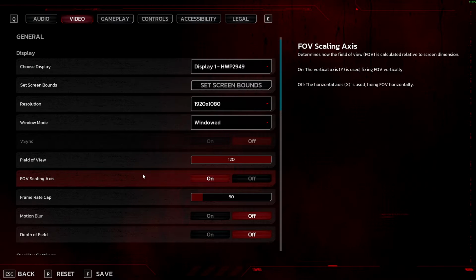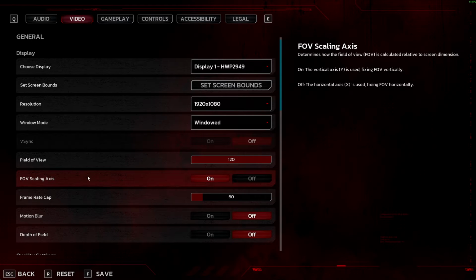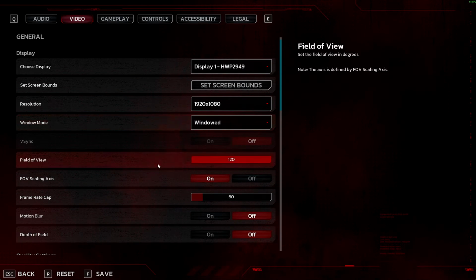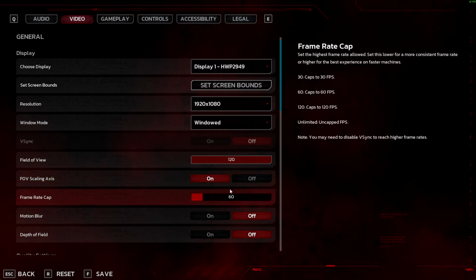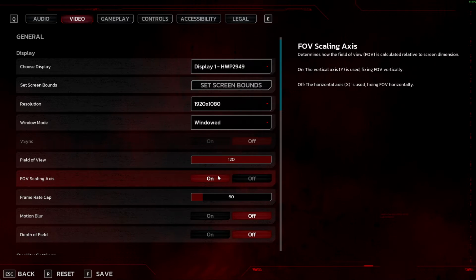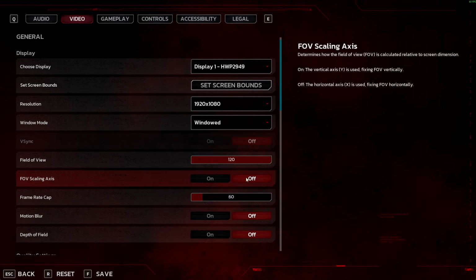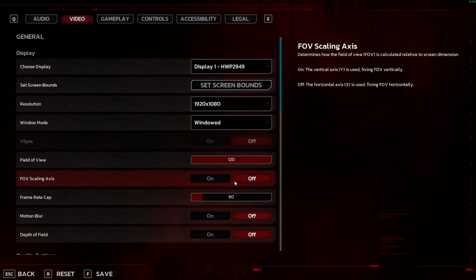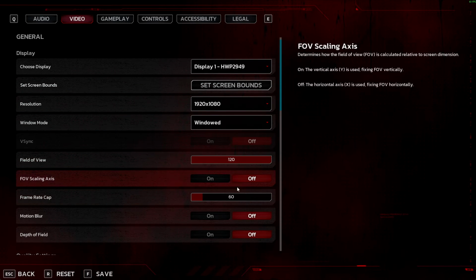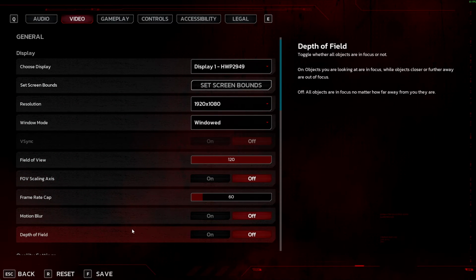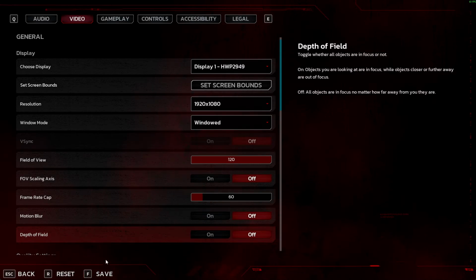So here we have on and off, and on means that the vertical axis, so like the FOV, will be fixed on the y-axis. So the FOV is not going to change on the vertical scale. And off means that it's going to be locked on the x-axis, which means that it's going to be fixed on the horizontal scale. So once you've selected the option that you want, you can just press the save button